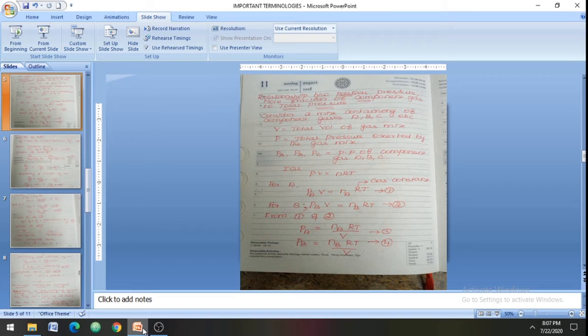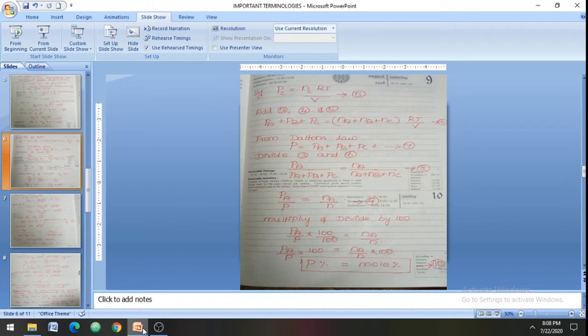In this case, we will take the three components capital A, B, C. First we are going to take component A, and replace in the ideal gas law: PA into V is equal to NA into RT. In this case, the pressure and number of moles are variables, and the others are maintained as constants: V, R, T. R is the gas constant.